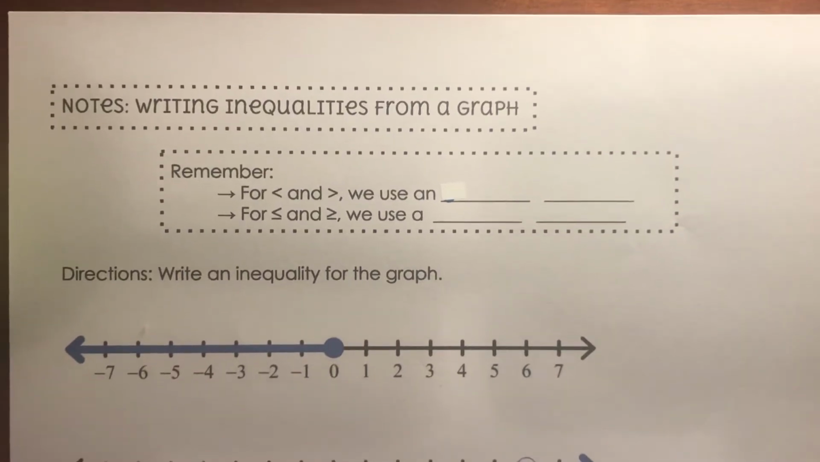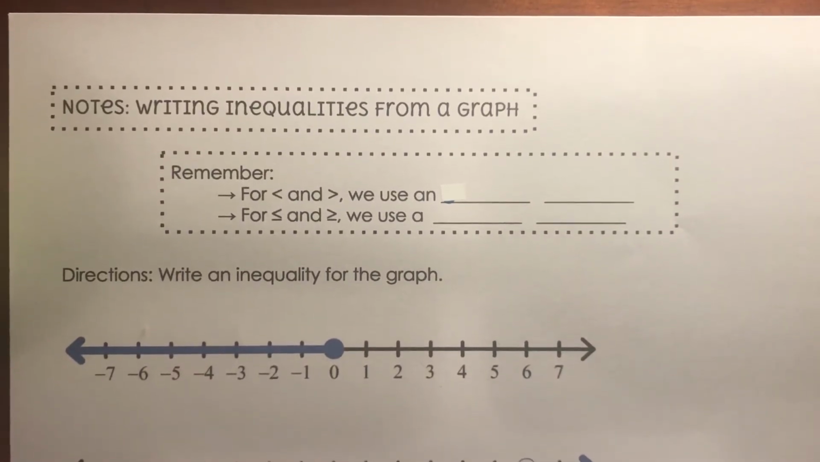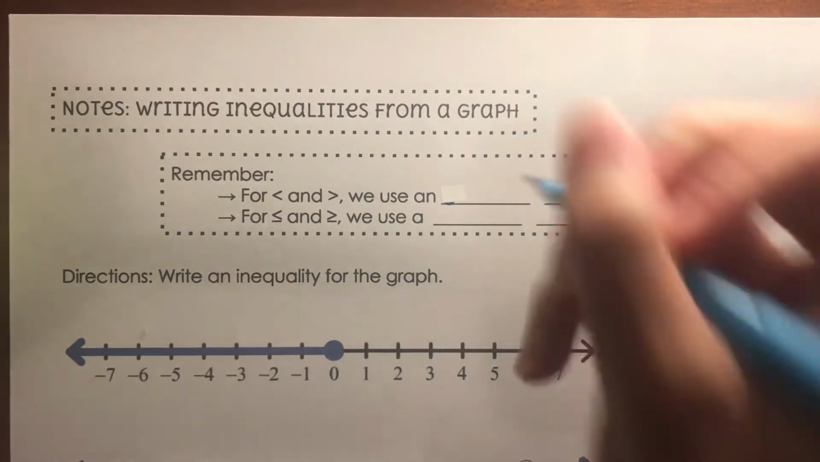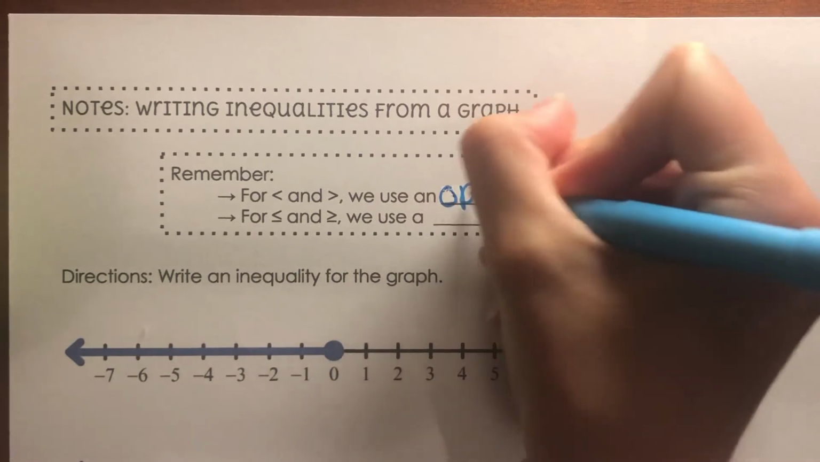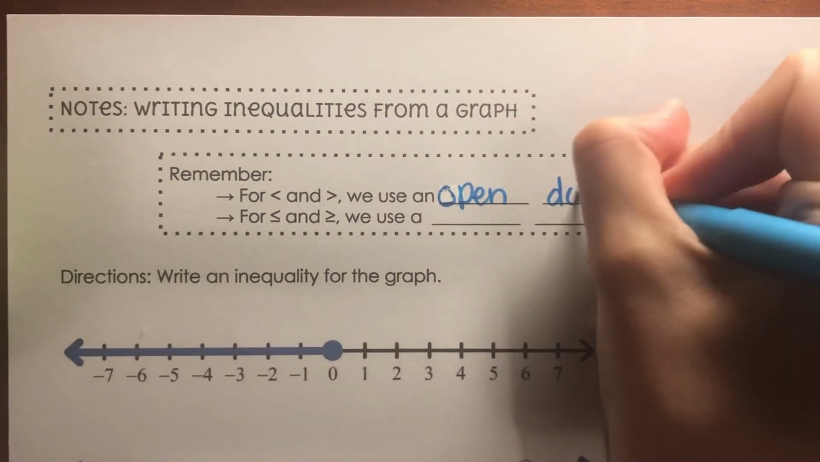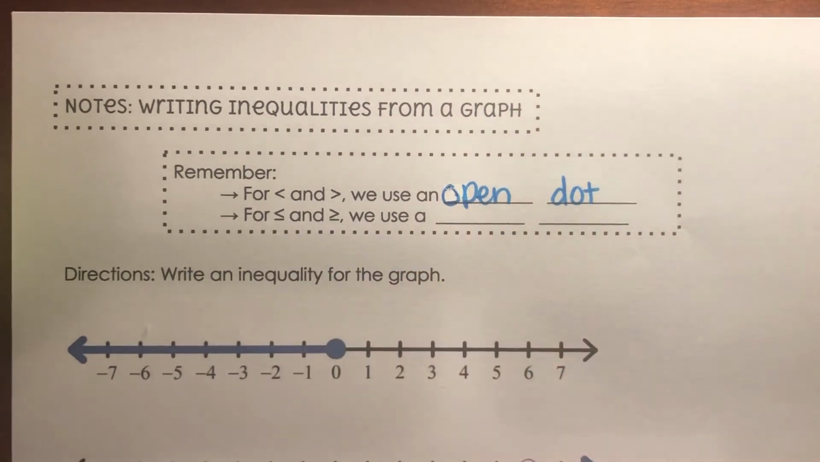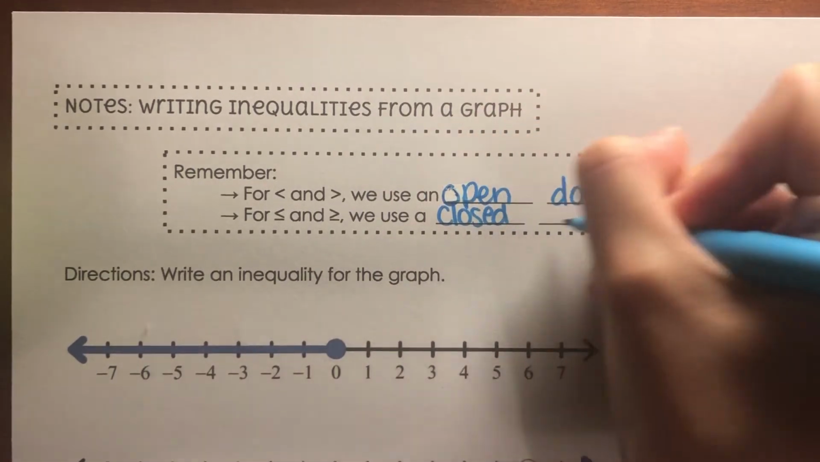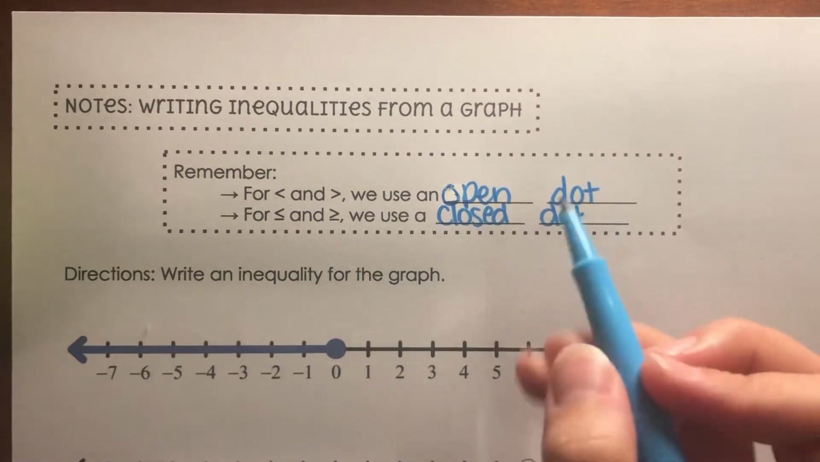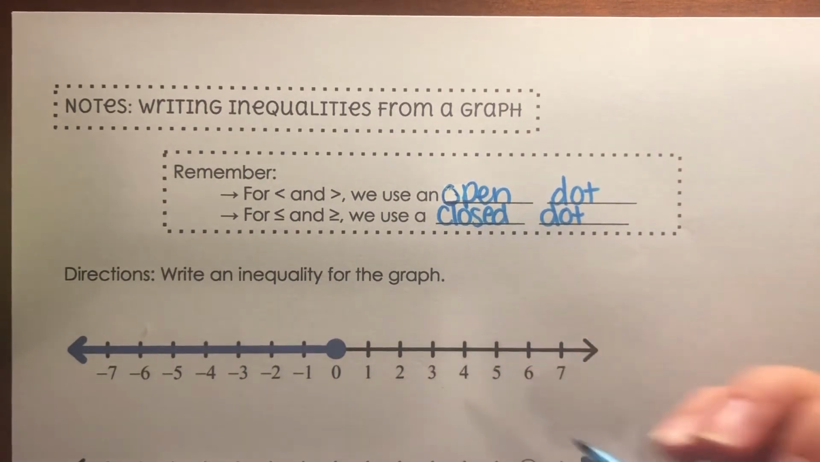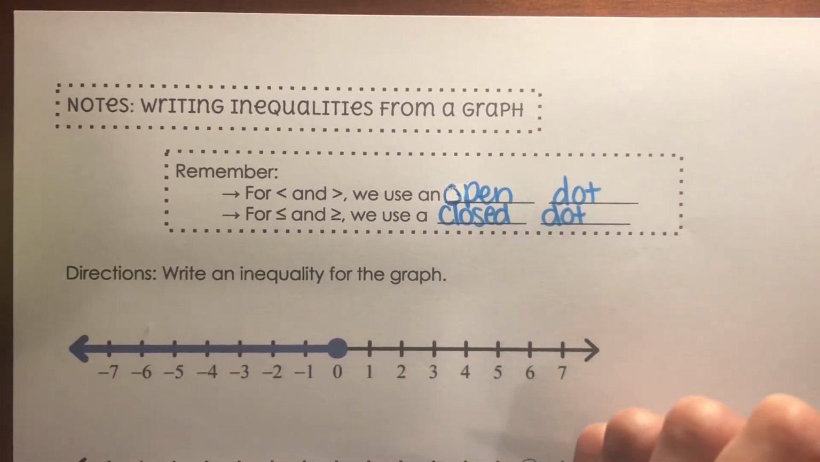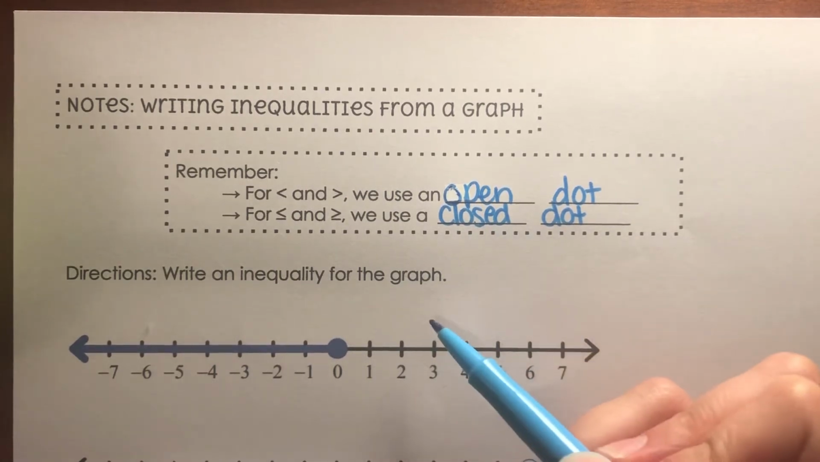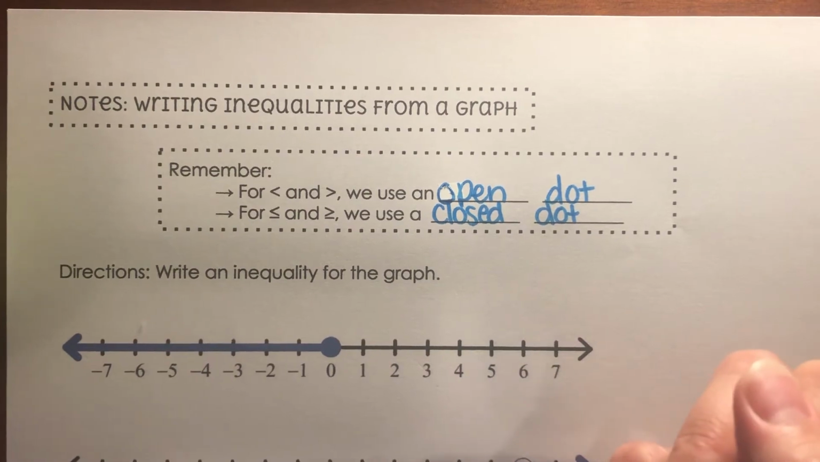Alrighty, today we are writing inequalities from a graph. So just a reminder, for less than or greater than inequalities, we are using an open dot. And for less than or equal to or greater than or equal to, we are using a closed dot. And what that means is if the dot is open, that number is not included in the list of solutions, and if it is a closed dot, it's colored in, that means that that number is included in the list